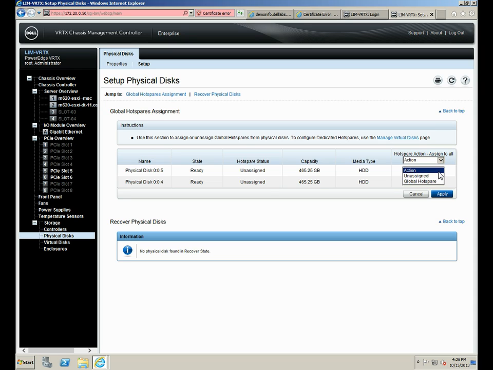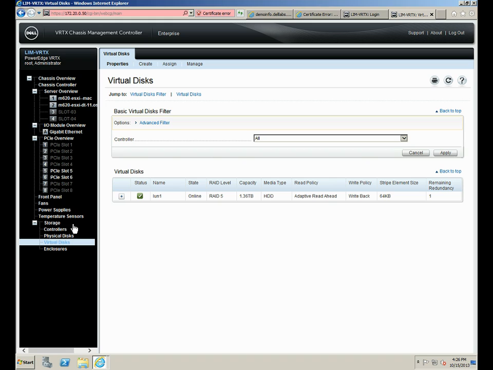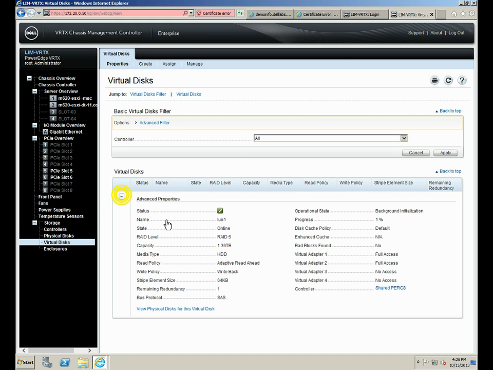Obviously the other way of doing it is taking some of those physical disks, and again we go to setup on the physical disk. If maybe I had 3 or 4 LUNs up there, and still 1 spare physical disk, I'd assign that as a global hot spare